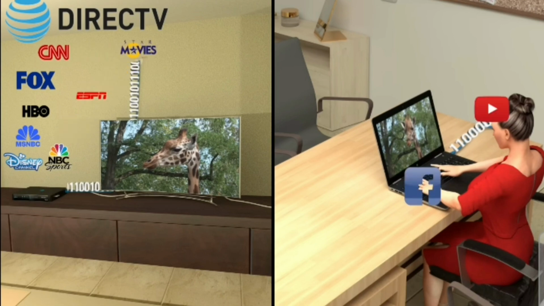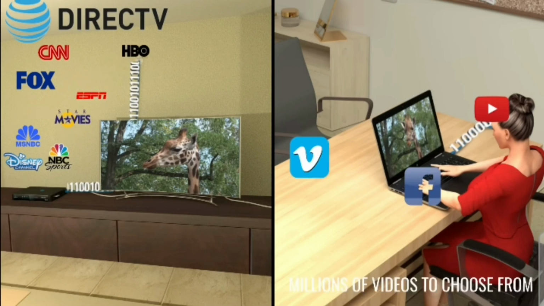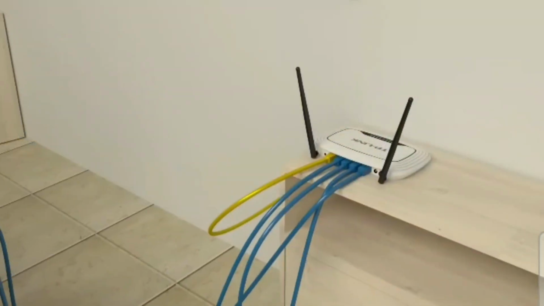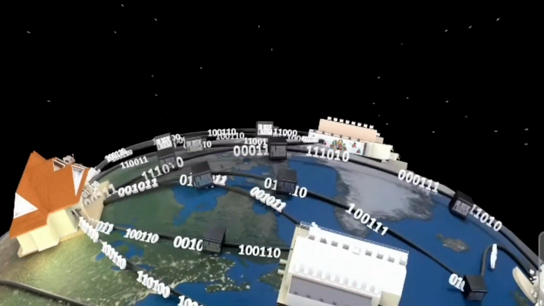However, on the internet, the demands of each user are very different. There are millions of videos on the internet to choose from. This means that the volume of traffic handled by TV broadcasters is nowhere close to the level of internet traffic, and it is this huge level of traffic on the internet